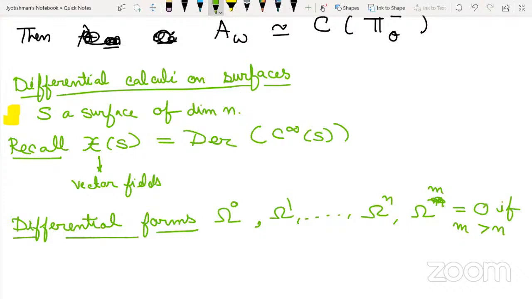My omega 0 is just defined to be C infinity of S. Omega 1 is defined to be